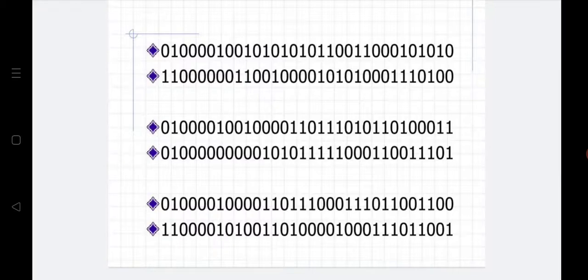Later on, you are going to write your mantissa. Mantissa is nothing but your fractional value, whichever you have got from the conversion of your decimal to binary number. Okay, that you need to write. And next you need to add zeros. The number of zeros you add is based upon single precision or double precision. If it is single precision, the total number of bits in the mantissa should be 23 bits. If it is double precision, then you should have 52 bits in the mantissa. That many zeros you need to append. Okay, it is very easy. You solve 2 to 3 problems, then you will have a good idea about that.